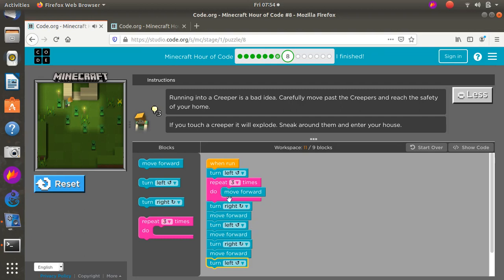So do this 1 time. Turn right, move forward. Turn left, move forward. Turn right, move forward. So that's doing 1, 2, 3 times. And then turn left. If I put this here and I say turn right,